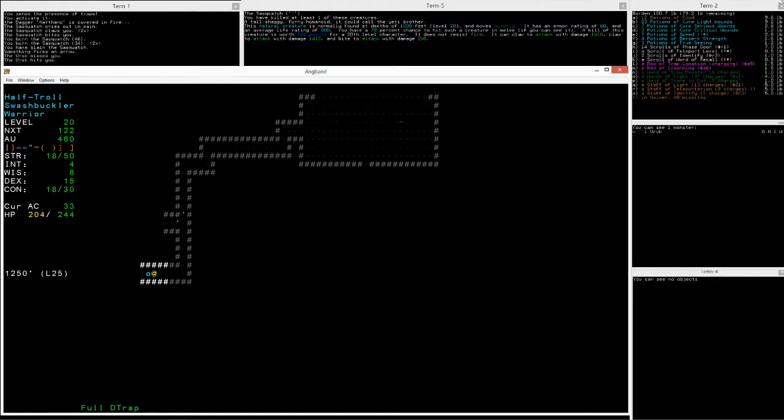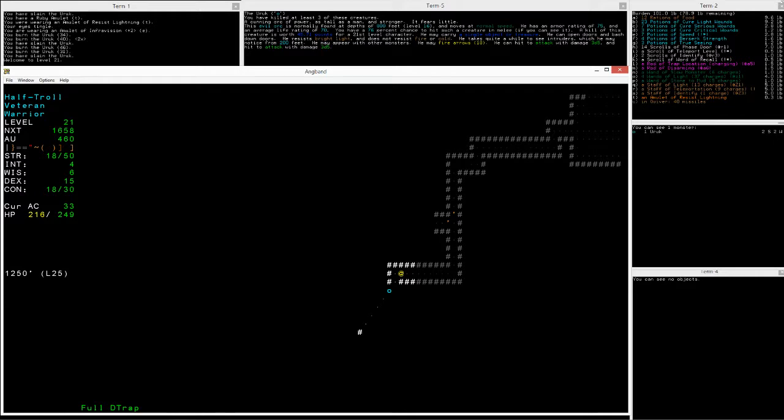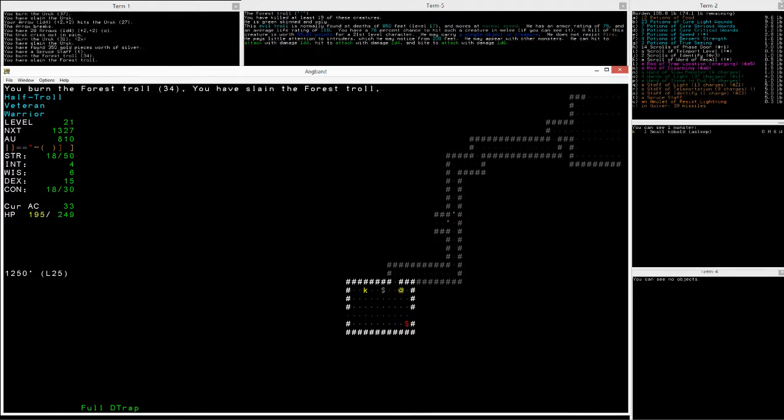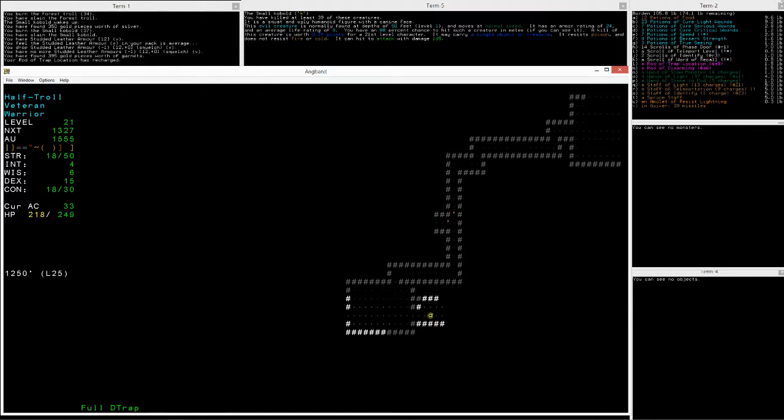Okay, we got him. Improvision over Resist Lightning, I'm fine with that. We can carry it for now a little bit. But I think Improvision is probably much better. You can fire at them when they're not in melee. Sort of surprised we hadn't already had body